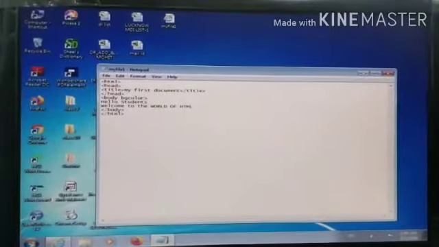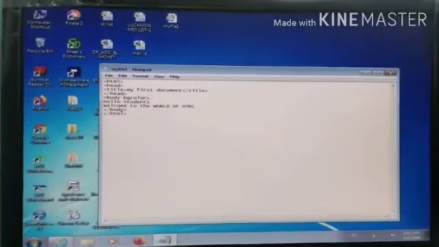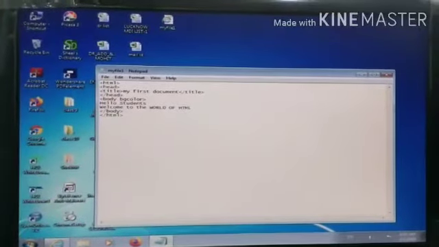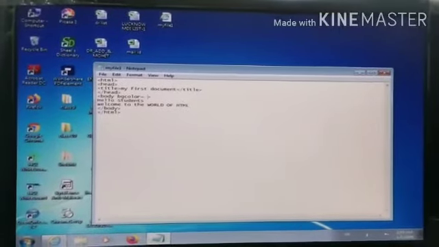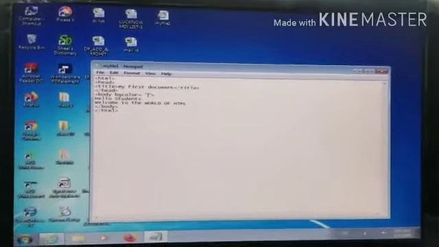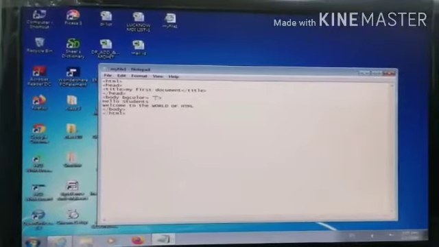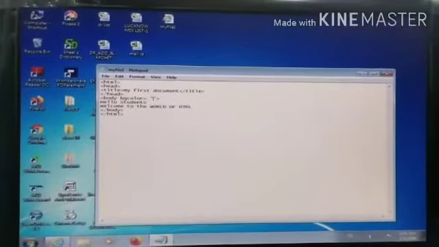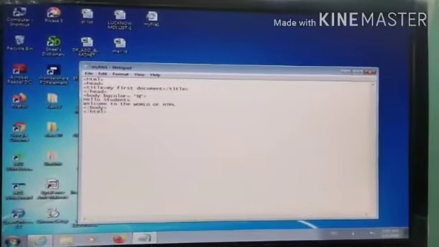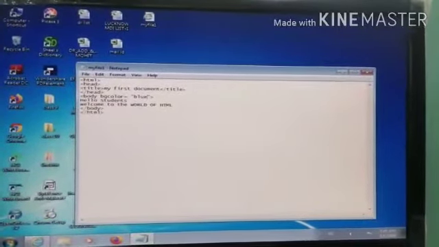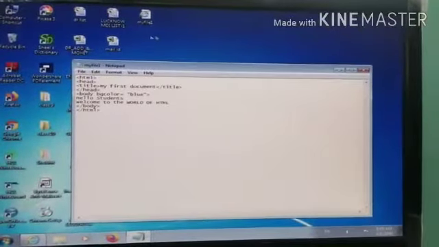There is no space between bg and color. Then an equal sign, and inside double quotation marks we write the color code. You can write the color code or the color name. We are using the color name here, blue. And then we have to save.